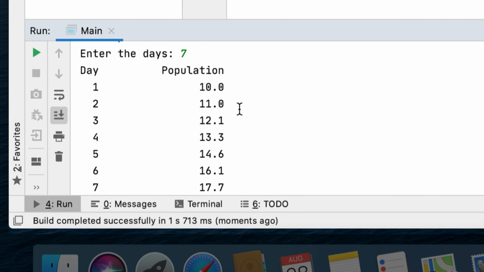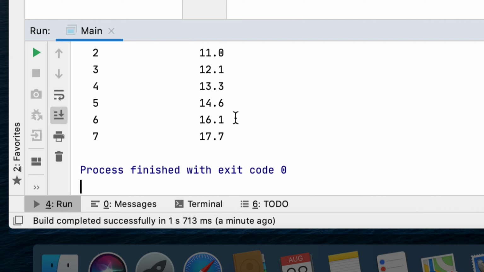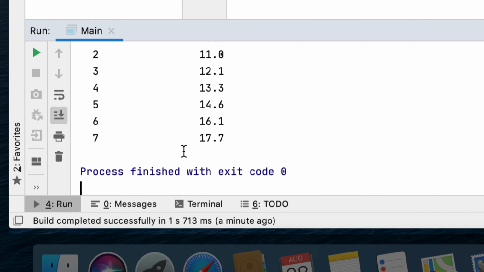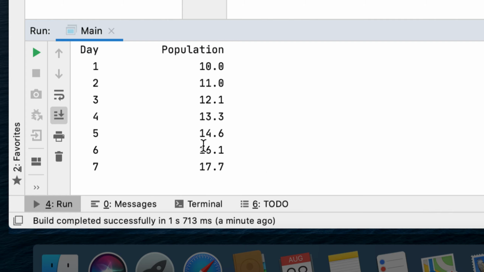That is also correct because 10 times 10% is 1, and 1 plus 10 is 11. 11 times 10% is 1.1. 1.1 plus 11 is 12.1. And it continues until the 7th day, which would produce